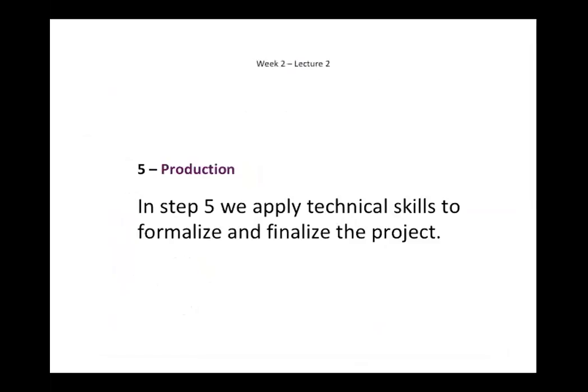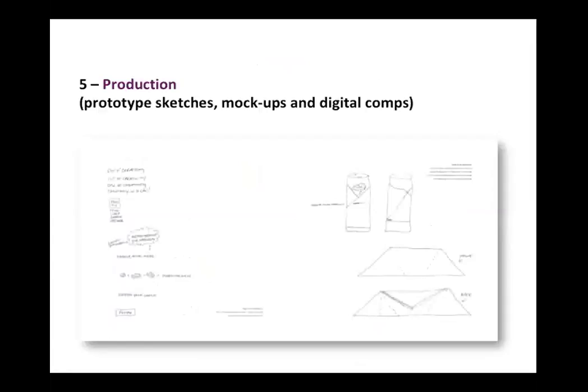Production is step 5. So after going through that, production is the next step. In step 5, we apply technical skills to formalize and finalize the project. Production could be prototype sketches, mock-ups, and digital comps. Here I am still on my thumbnail sketch stage, but I'm kind of dealing with a mock-up,